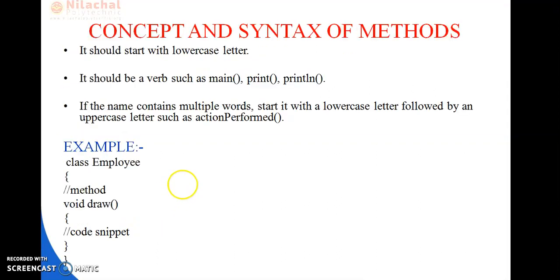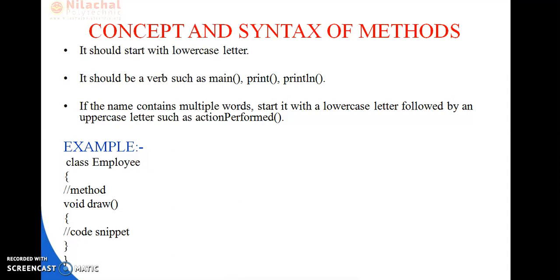Next, what are the concepts and syntax of methods? Always remember, a method name should start with lowercase letters, that is lowercase alphabets. It should be a verb such as main, print, println. Always remember, the method contains system.out.println that we have already discussed in our previous class to print messages.